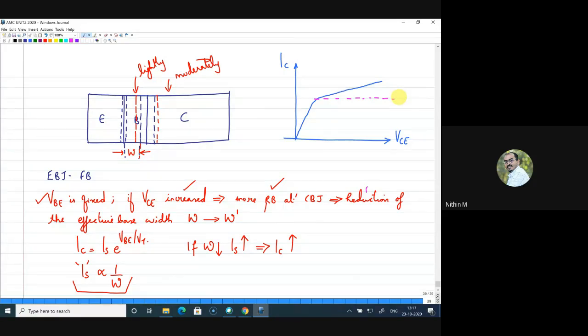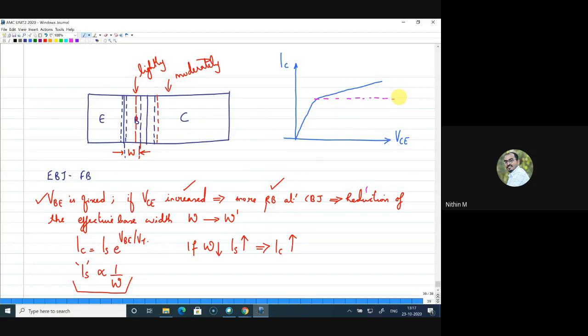For an ideal MOSFET, we initially stated that current does not depend on VDS, so the ID versus VDS graph was a straight line. Then we understood that as you increase VDS, an effect called channel length modulation results in an increase in current, and that effect was included in the model as a small signal output resistance.